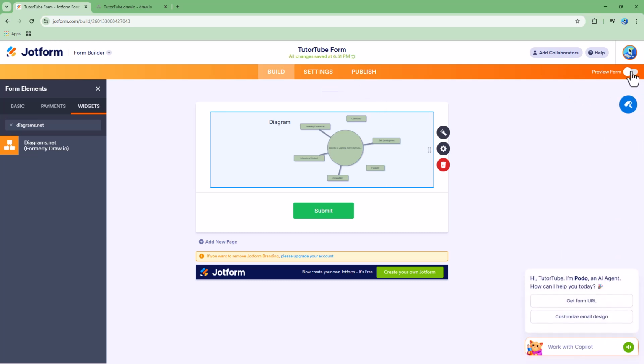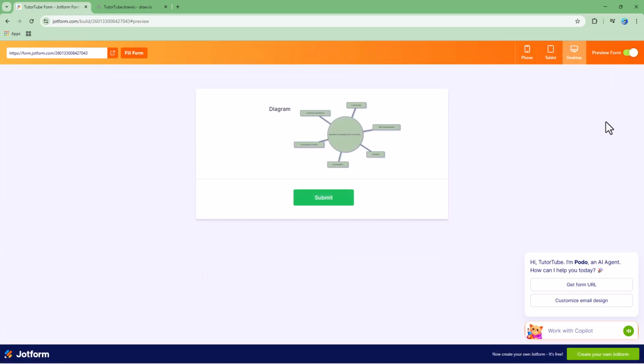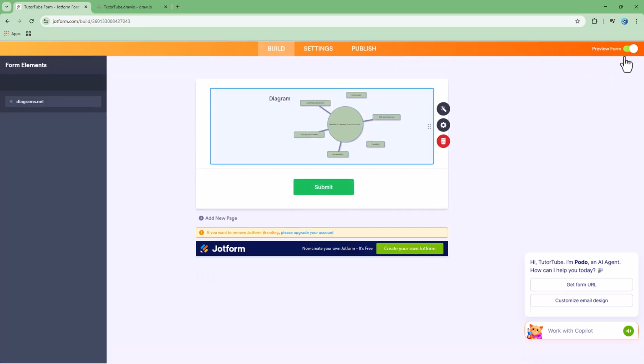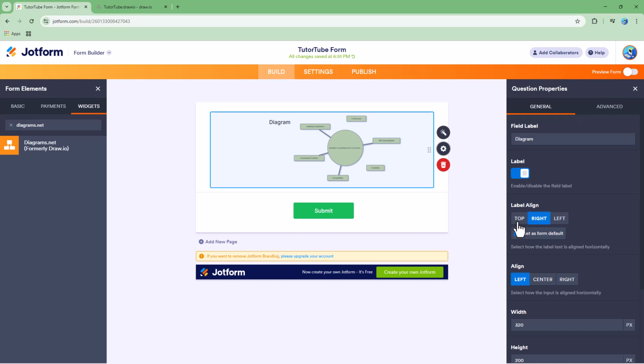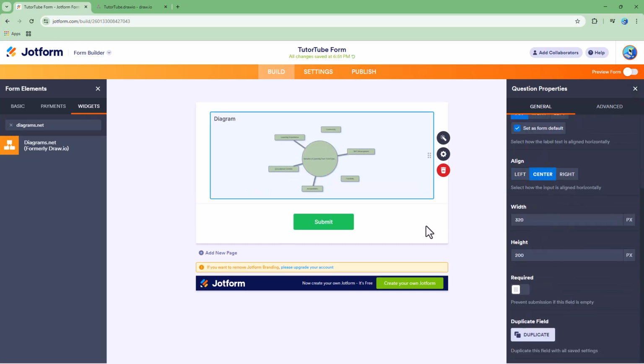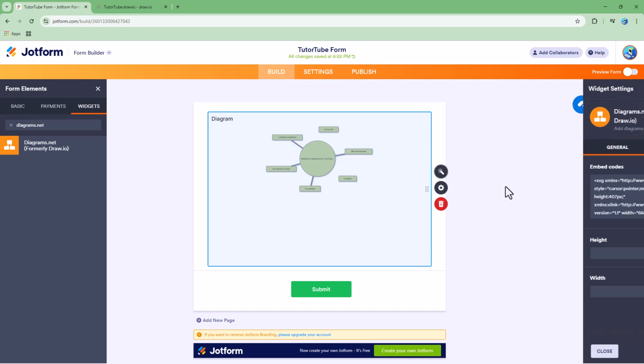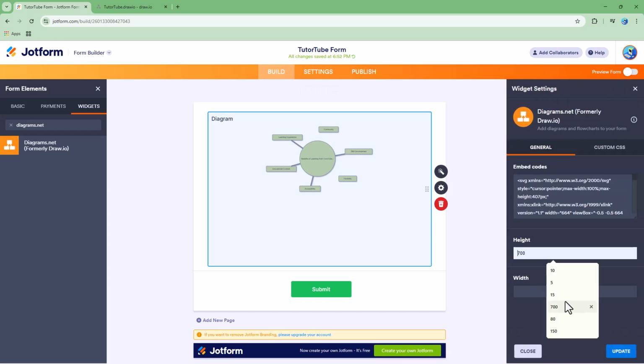Now let me just go ahead and update and then preview the form right here. And as you do that, you will be able to see your diagram right here. You can, of course, change this alignment to the top as well, just like this, and then align the diagram, change the height. Let's say, for example, I'm going to say 400 right here so that you get more space for the diagram. And apart from that, you can go onto widget setting and